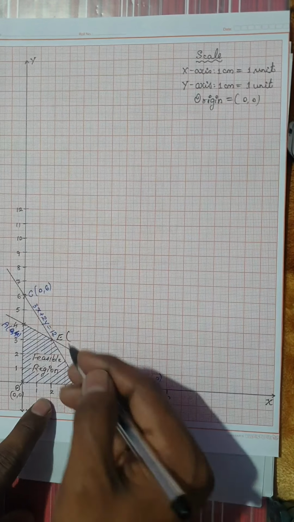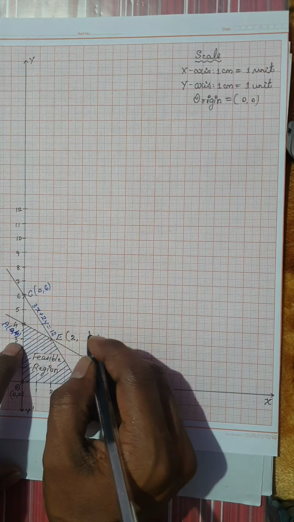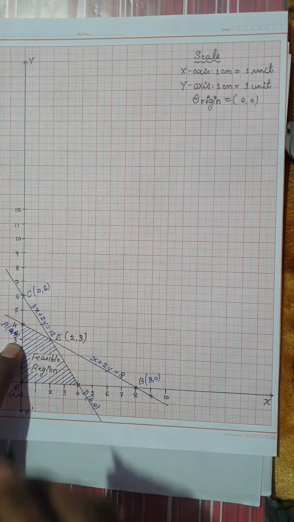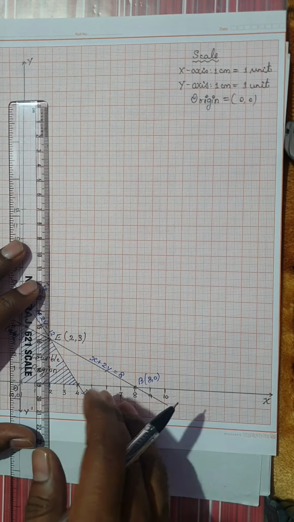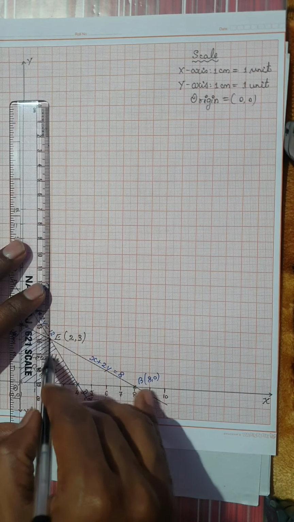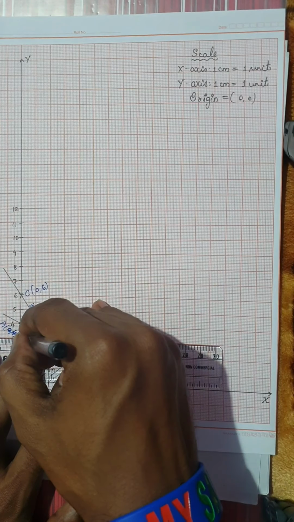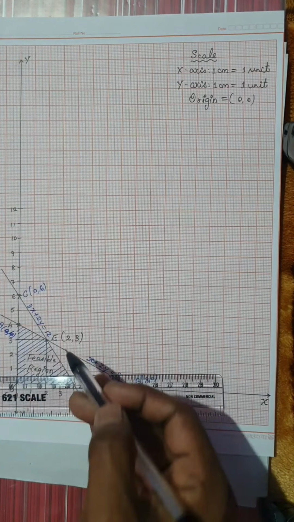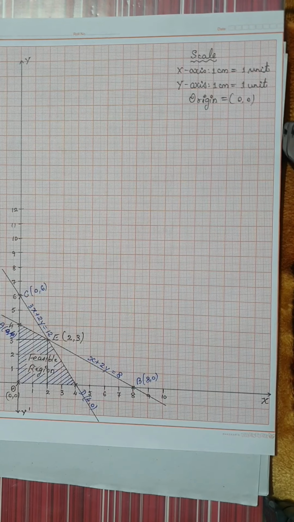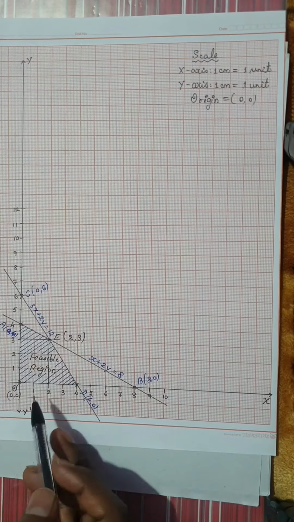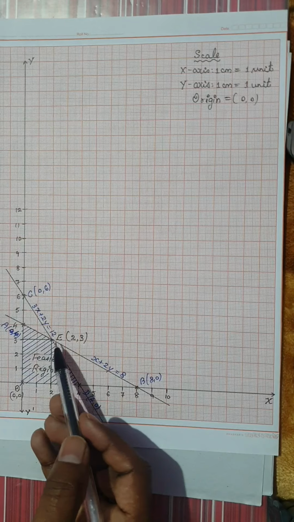By using the graph directly, if you plot it, you will actually get x is equal to 2 and draw a line perpendicular to the y axis. You will get y is equal to 3. Because this point is the point of intersection of two lines, you can check here. You will get x is equal to 2 and y is equal to 3. If you have any doubts, you can solve the equations and find the point. Okay, so now my points are ready. So the corner points of the feasible region are O, A, D and E.